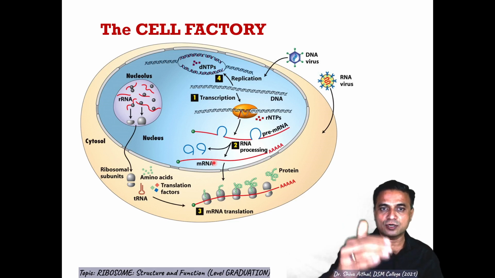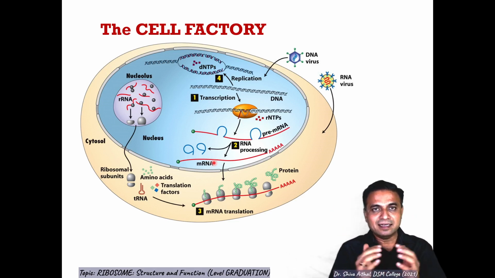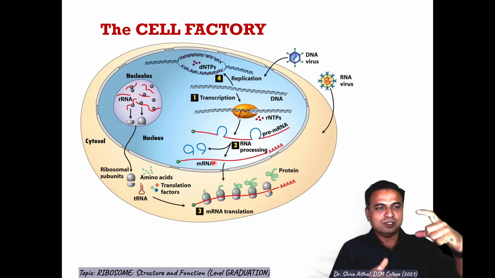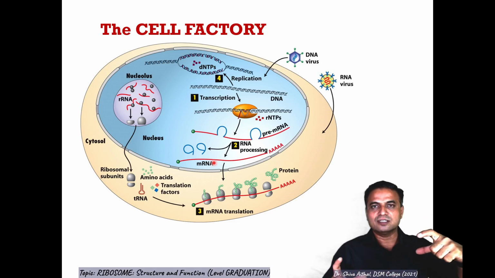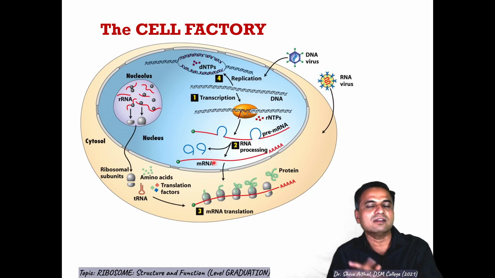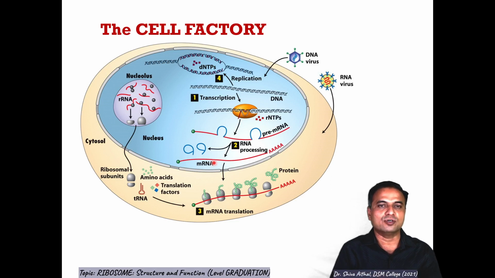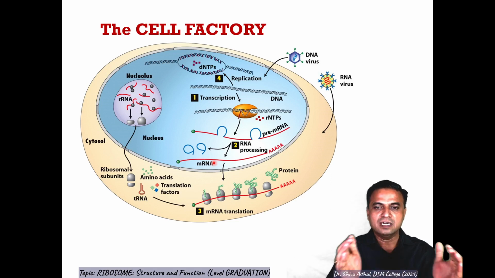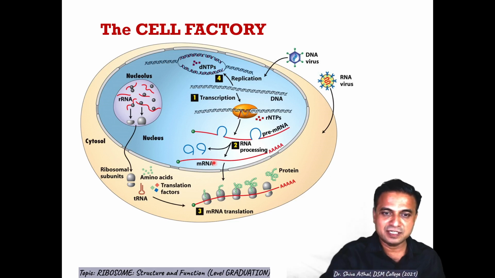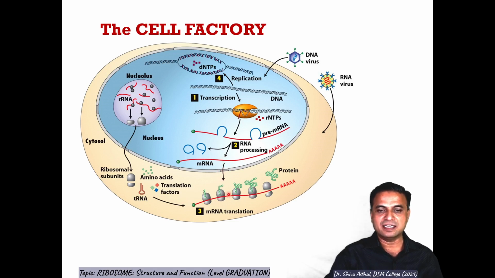So in eukaryotes, the mRNA is not equal to the length of the DNA gene. A gene results in mRNA, and mRNA results in proteins. But the length of the gene is equal to the length of the mRNA in prokaryotes; it is not so in eukaryotes, where it is processed. Then the site of protein synthesis is different. The mRNA has to come out through the nuclear membrane pore into the cytoplasm, and here the translation by the ribosomes takes place.